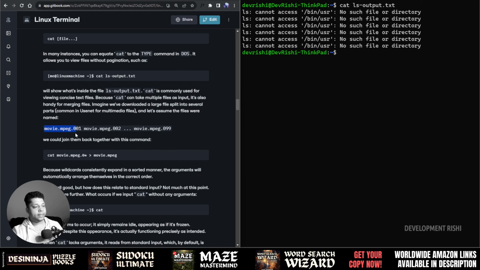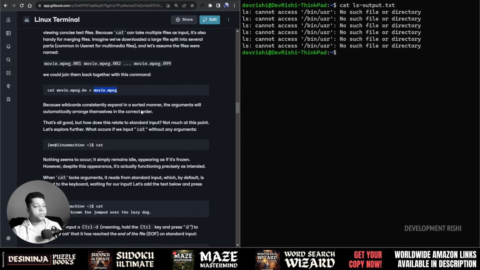It could be anything. It could be an alphabet or a number or however, and the length could be of any. Take all those files and merge them together. The contents of those files, merge them together into a new file called movie.mpeg. Okay, because wildcards consistently expand in a sorted manner, the arguments will automatically arrange themselves in the correct order. Right,